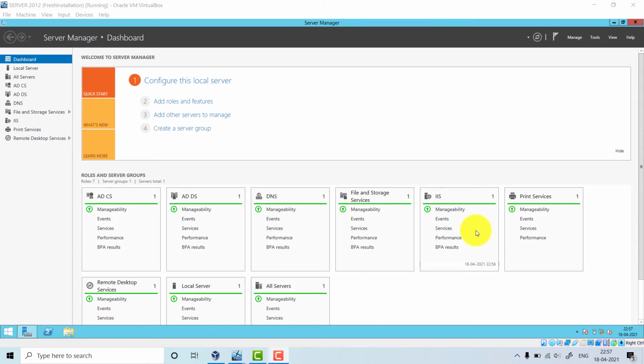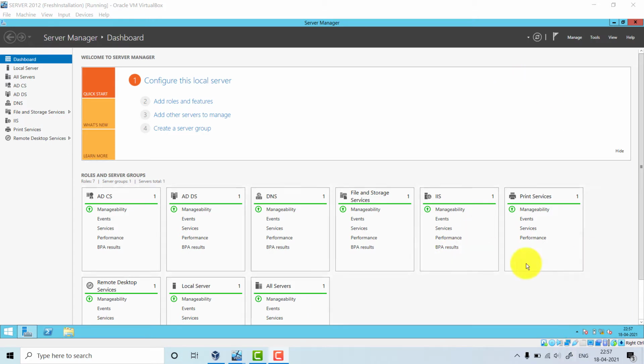This is the use of the DHCP server. So we discussed what the use of the DHCP server is. Let's go to our Server 2012 and Windows 10 client machine and do this practically.